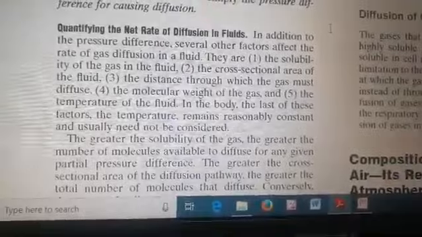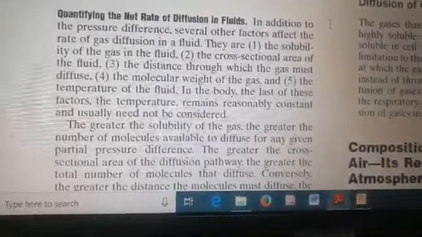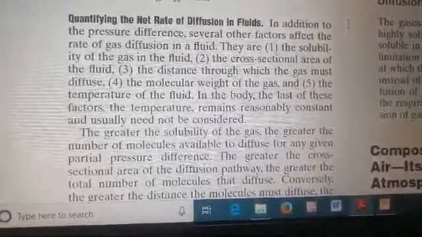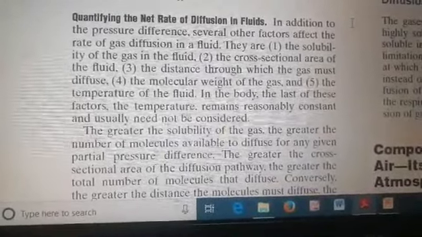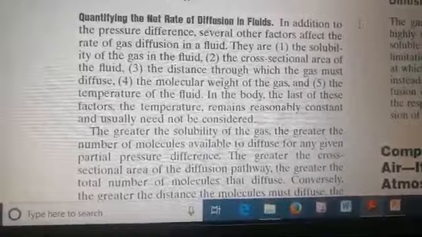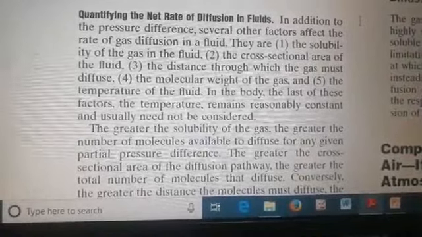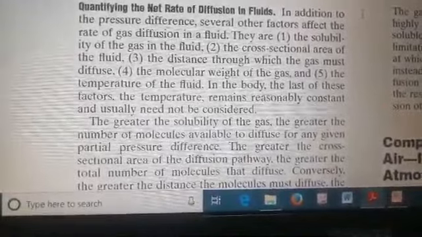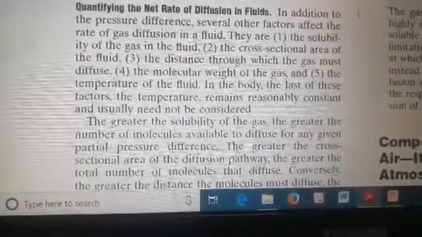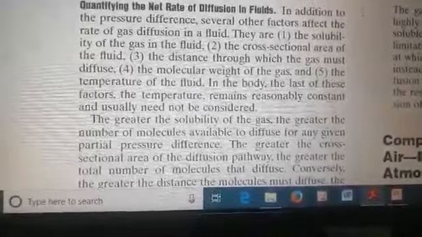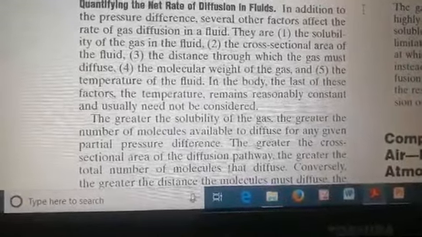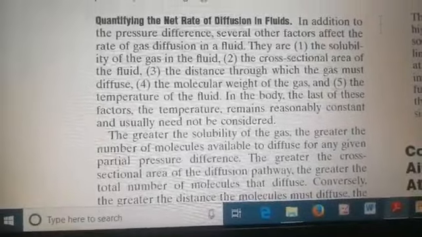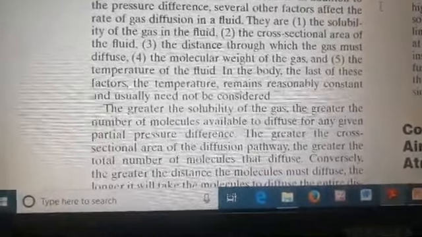So then, quantifying the net rate of diffusion in the fluid, in addition to the pressure difference, several other factors affect the rate of gas diffusion in a fluid. They are the solubility of the gas in the fluid, the cross-sectional area of the fluid, the distance through which the gas must diffuse, the molecular weight of the gas, and the temperature of the fluid. So these can be summarized in